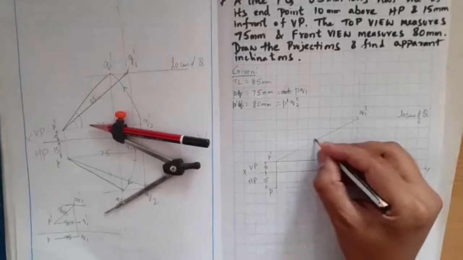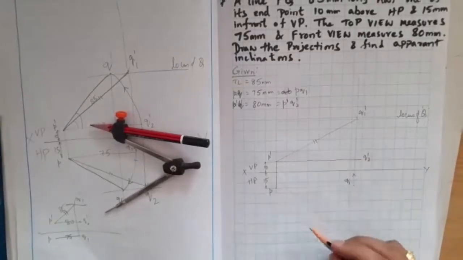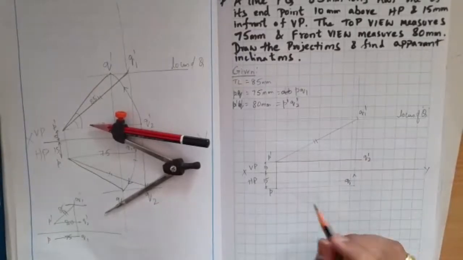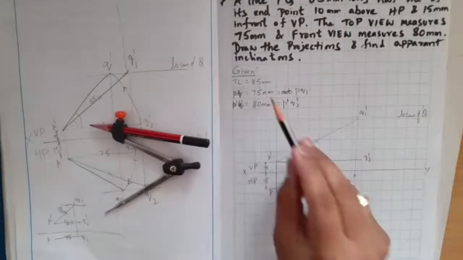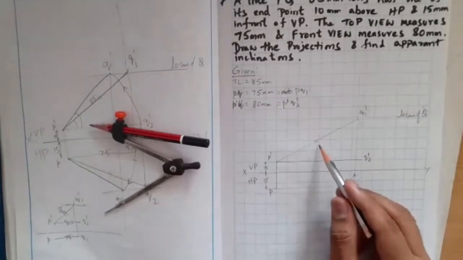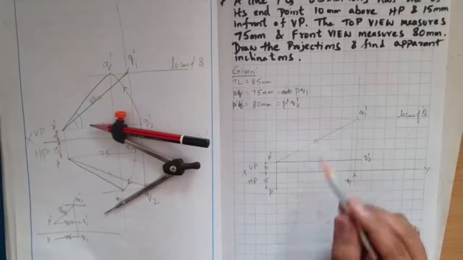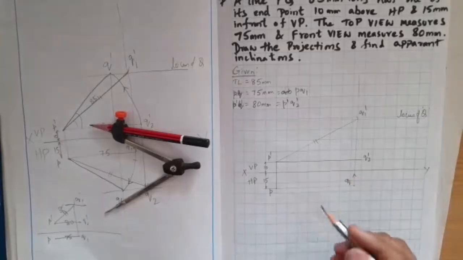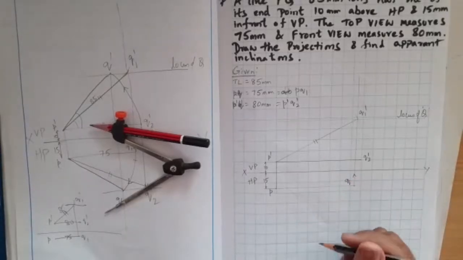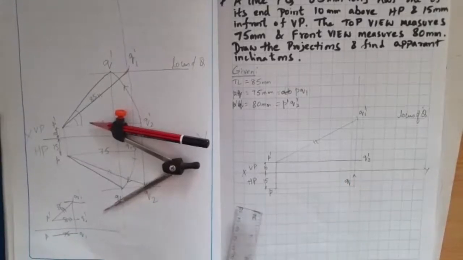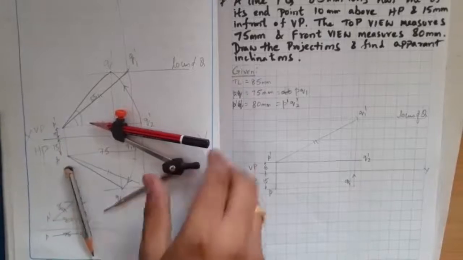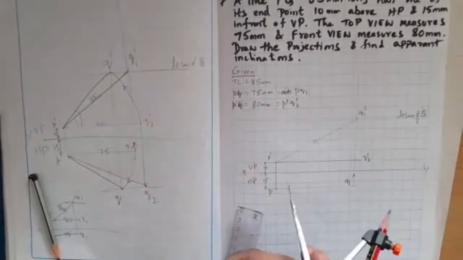I'll just draw 2 lines here to say that it is the true length. Here also I need to get the same length, 85 mm. When the true length is given in the problem, and you have used it in the vertical plane, you have to find it in HP as well. That is, it has to come as it is with all other projections. Then your problem will be right. That is the process of identifying whether you have done the problem right or wrong.